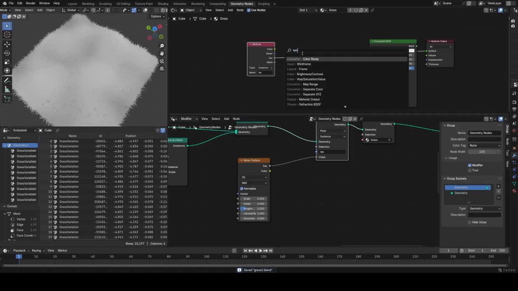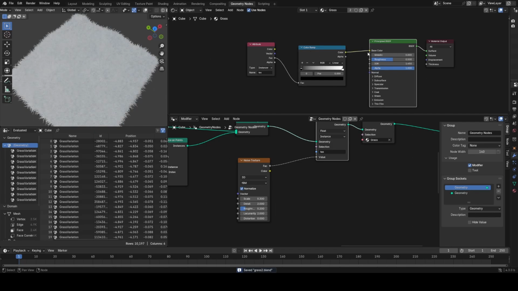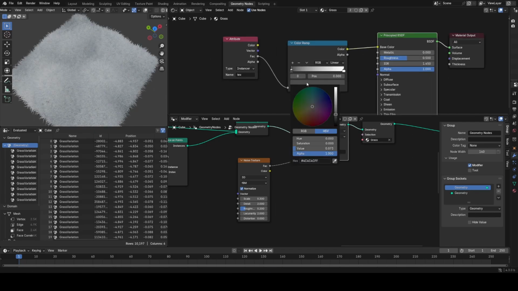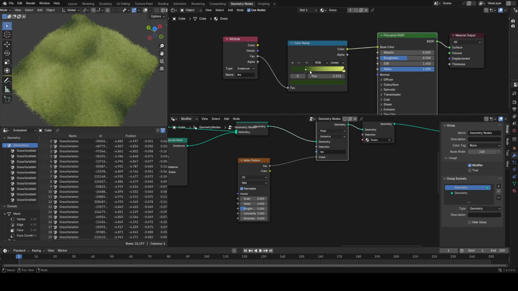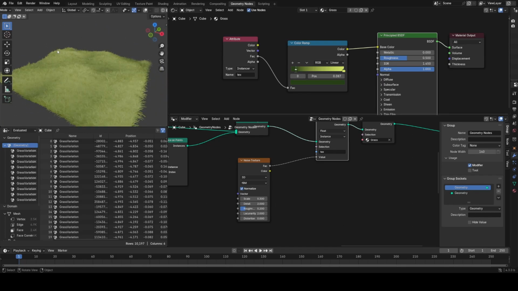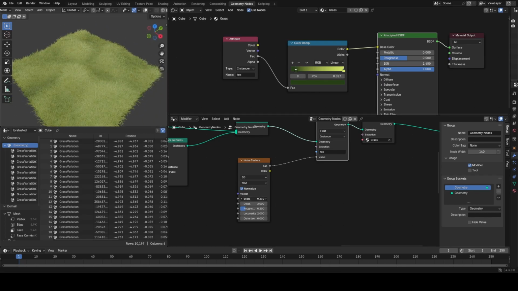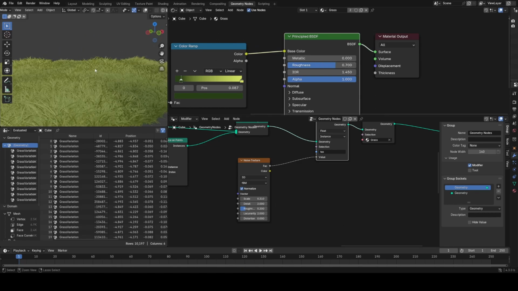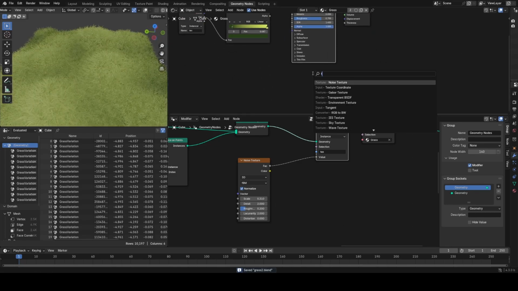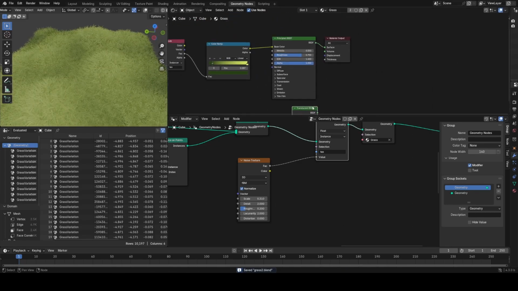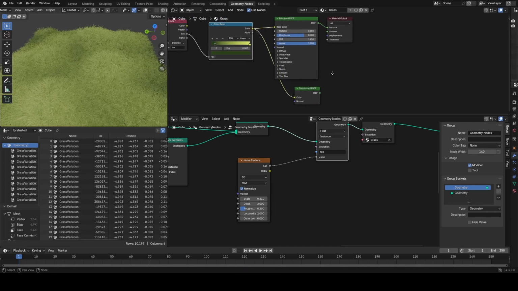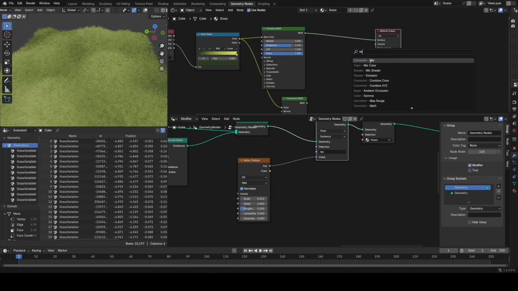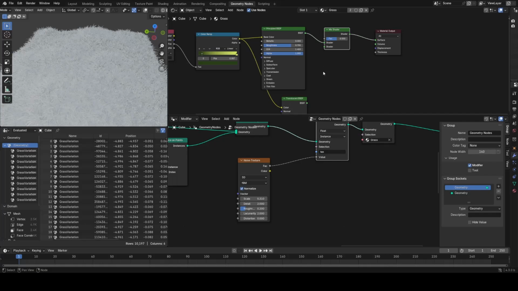And let's run this through a color ramp, plug it into the base color, and just pick some nice grass colors. And we can pull this around a little bit and play with the noise. But yeah, that's pretty much it. We can increase the roughness a little bit maybe. If you're rendering this in Cycles, I might go ahead and add a translucent node and mix between these two. That can look quite cool, like